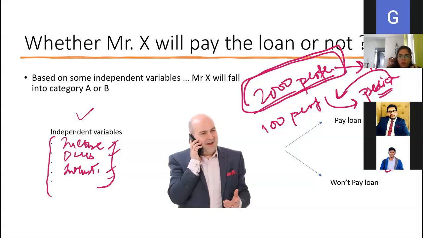Say in marketing, you are selling one product, and you already know, based on these independent variables, and you already have data, say for 2000 people, whether they'll buy this product or not. And if you are running this and predicting it for, say, another 100 people for which you don't have that data, you have only the independent variable data for these 100 people, then you can predict whether a person will purchase my product or not. Do you think there is any benefit involved in doing this exercise? That we can predict whether a person will buy my product or not?